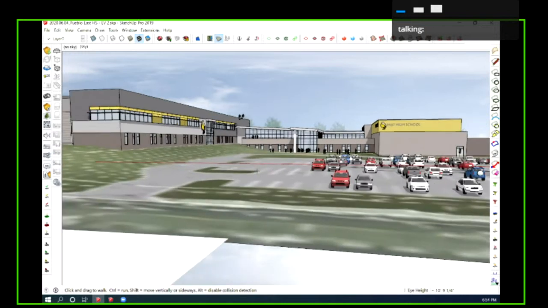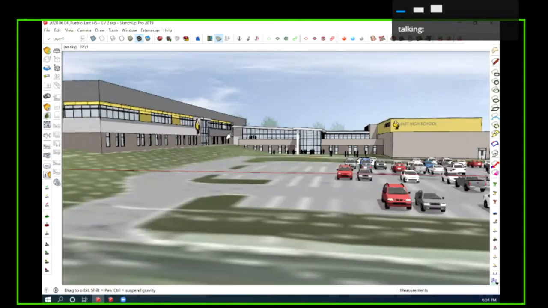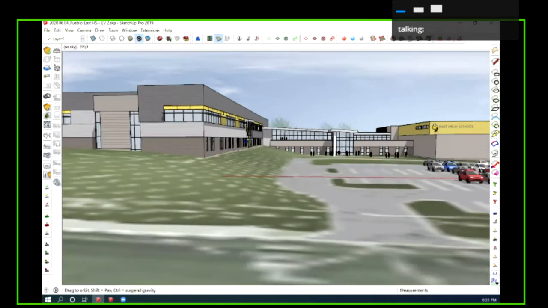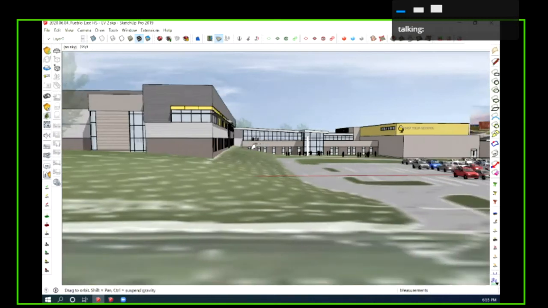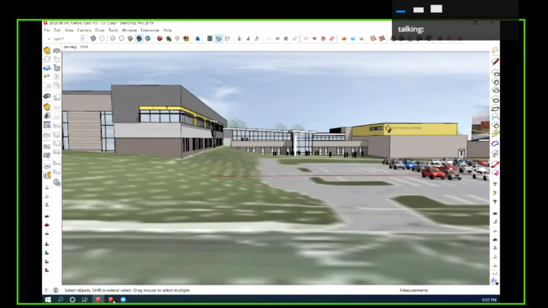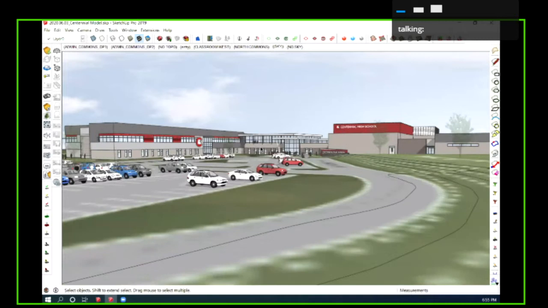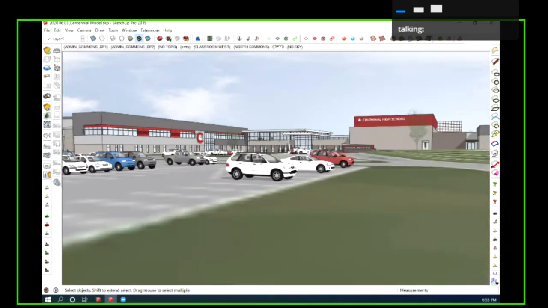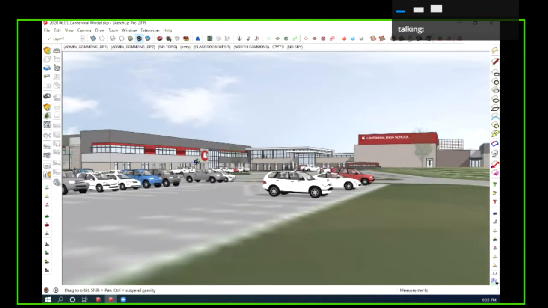Well, while he's panning around and letting you look at it more, I think that's what we've got to show you. Hopefully, you feel like we've made a lot of progress in the last month. I think it feels like we have gone pretty far. Got a long way to go still, but hopefully you guys feel like we're on the right track. Feel free to type in some more questions on the chat and even comment, because we will take those away and use those as we continue to develop these schools.